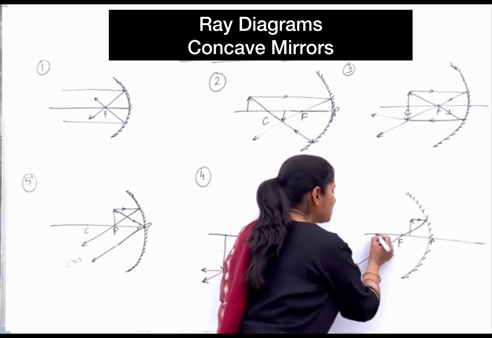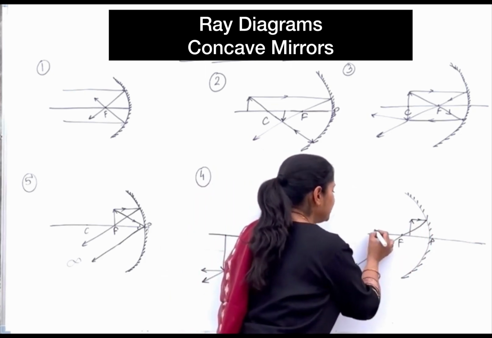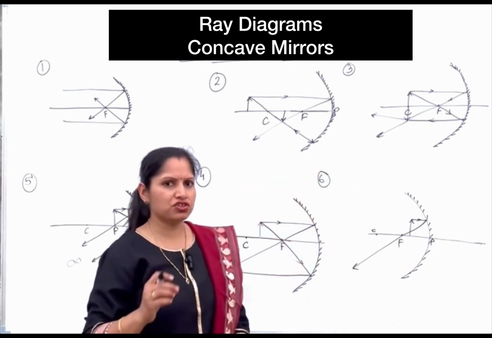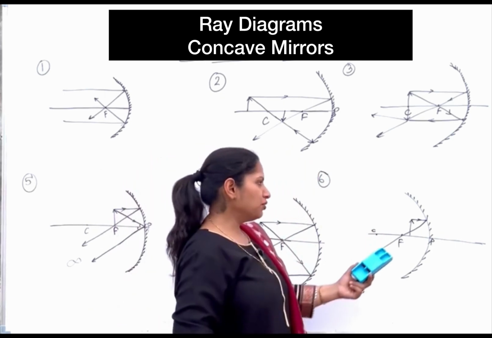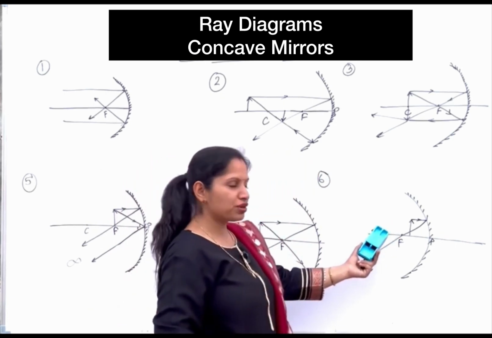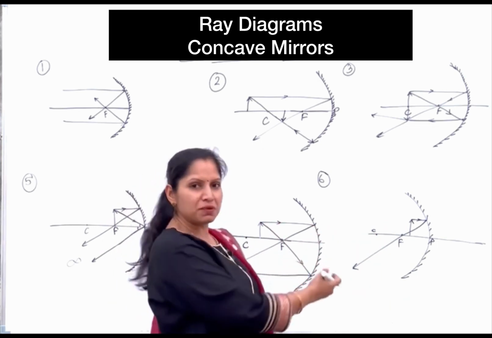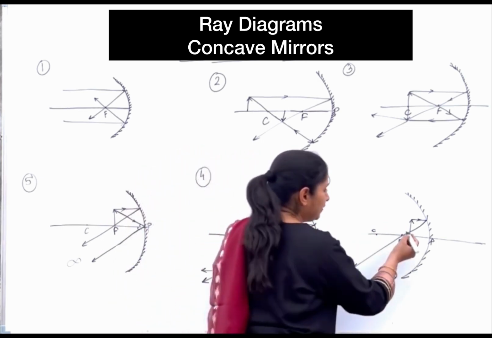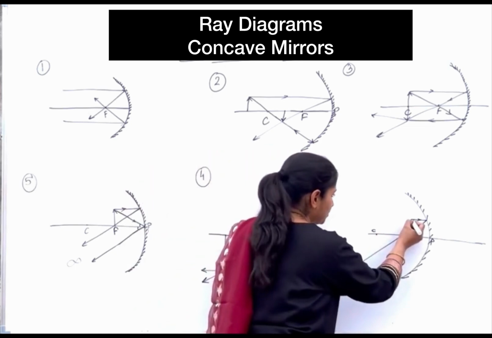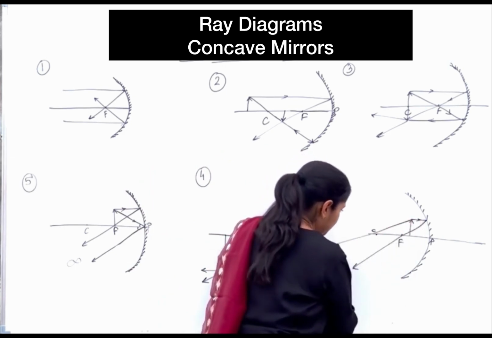Another ray of light, कोई सा भी rule use करो जो आपको अच्छा लगता है। Out of 4 rules, जो आपकी इच्छा हो वो rule use करो। Okay, you cannot make that pass to the focus so that it will be parallel later on. वो नहीं यूज कर पाओगे क्योंकि उसके जस्ट पीछे ही है। So another ray of light I am passing to center of curvature. Center of curvature से पास कर रही हूँ मैं।